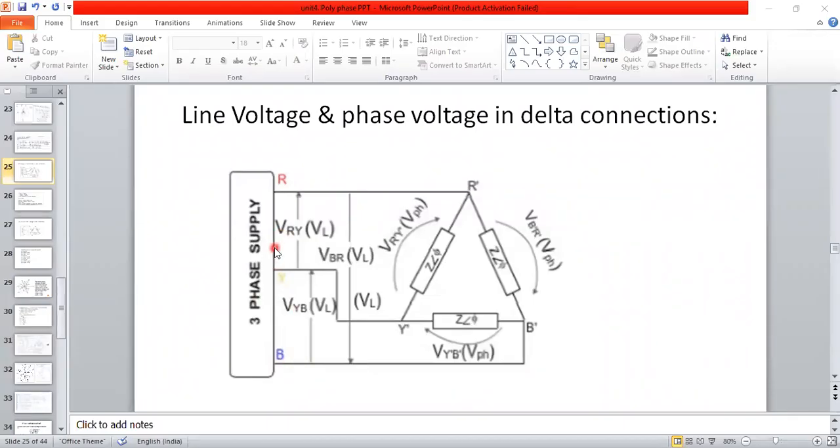Okay. Next, what is the phase voltage we will discuss here now. Line voltages are VRY, VBR, and VYB. Three line voltages are there here now. Between three lines are there, between R and Y, between Y and B, and between R and B, like that. We are going to discuss here. So we'll find the voltage, phase voltage. We'll start from R phase to Y phase. R to Y we'll calculate here.